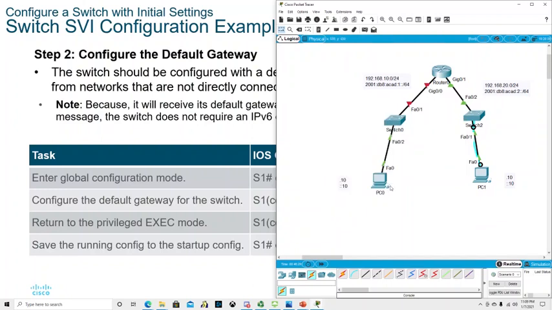So if we look at what would happen if my PC0 tried to connect over to it, I would build my frame. The frame would have my source IP address as 192.168.10.10 and the destination address of 20.5, the switch. It'd go up to the router, which would look at it and go, do I know where 20.5 is? Yes, that network is attached to my G0/1, and I know where that device actually is based off the MAC address